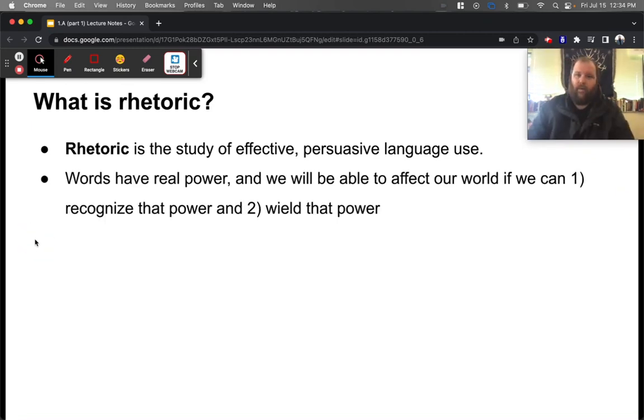All right, now we've talked about this. Words have real power. We will be able to affect our world if we can, one, recognize that power, and two, wield that power. If we can use it. And I know we throw around the term, especially teachers. We are pretty guilty of throwing around language like, guys, you can change the world, you can affect the world, even though it's true. But even on a small scale, if I can persuade my daughter